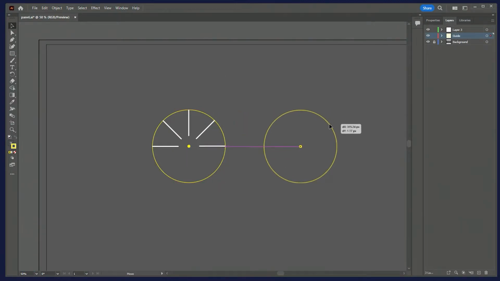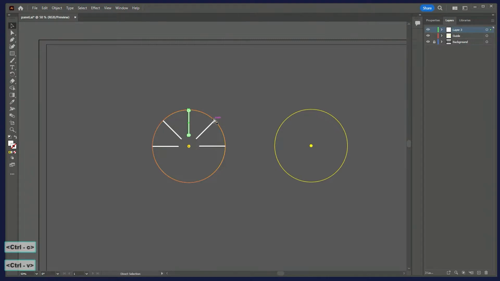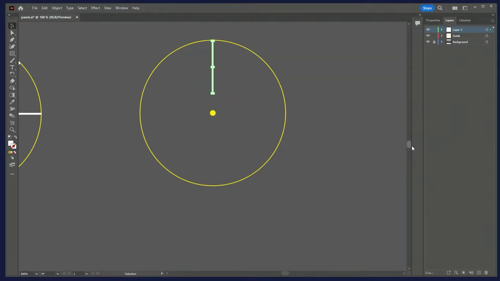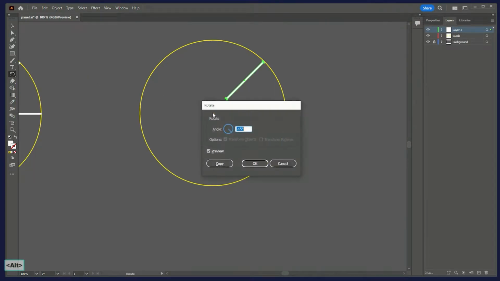Create another knob scale in the same way. Draw this one at 30-degree intervals.